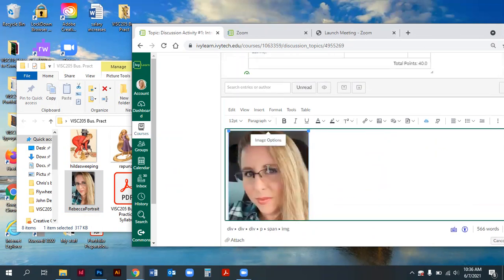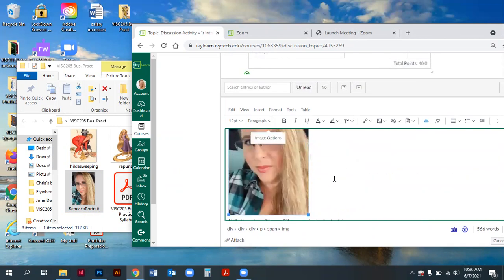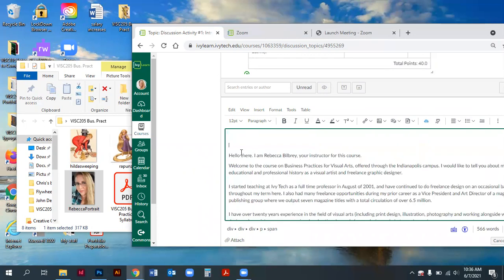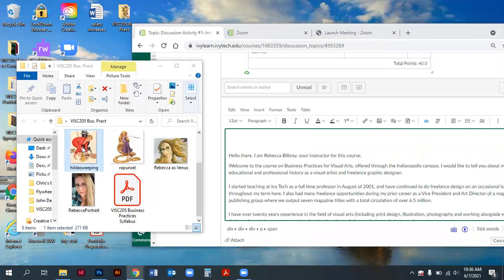So there's an actual photo of me, but let's say you're kind of shy and you don't want to show a photo of yourself, or maybe you're more creative and you want to do something a little bit more fun. I'm going to hit the return key a couple times. I'm going to put a new image in here. Let's say I decided I wanted to show a likeness of myself, but not actually show myself. I live in a cabin and we heat with a wood burning stove. We're off grid in the middle of the woods, so there's a lot of cleaning, a lot of dirt, especially from the